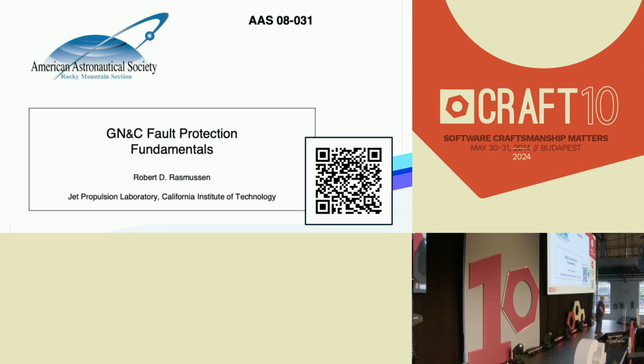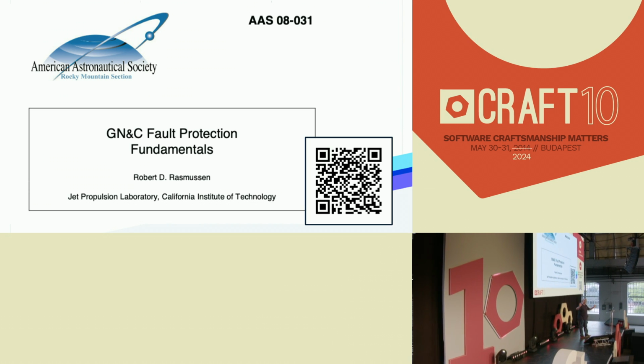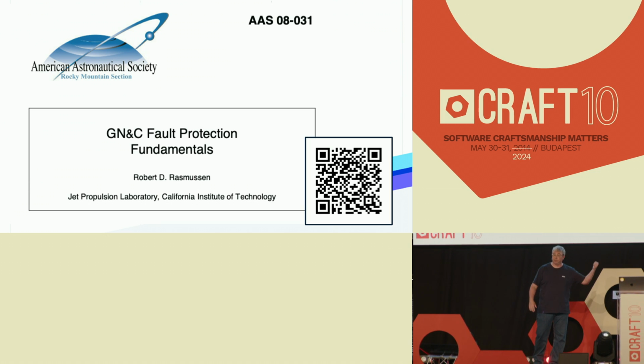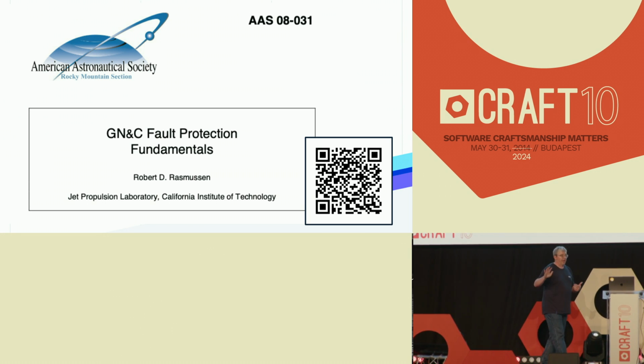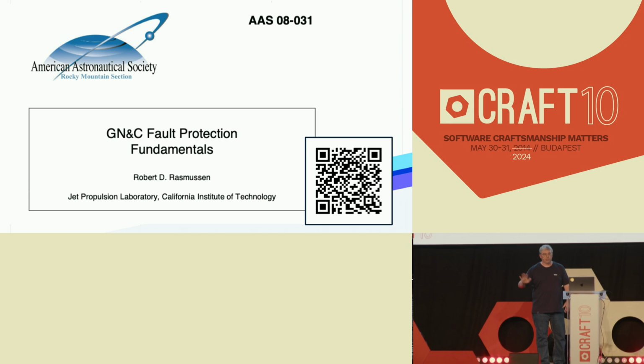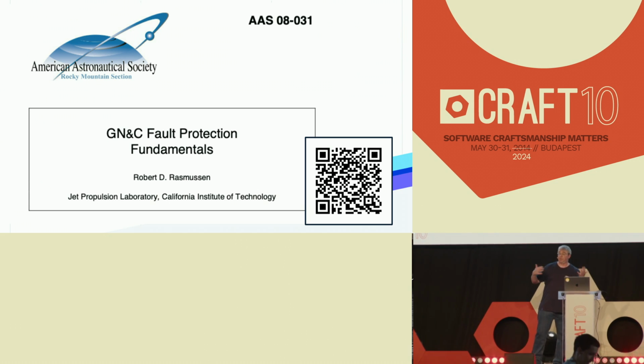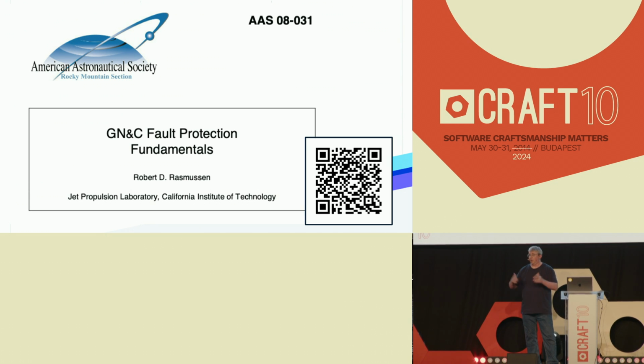GN&C here stands for guidance, navigation, and control. Right? So this is the software that actually controls spacecraft like the Voyager probes. And it's very dense with information, and that's why I love reading it, because every time I read it, and I read it every couple of years, I get something new out of it. So I'm not going to go into full detail, but what I want to do is talk about 4 main principles that are presented in this paper, and then relate it back to the types of software that we typically build, hopefully using some more familiar examples. Although I don't know, how many people work on deep space probes? Okay, I didn't see any hands. So, okay, good. This is definitely going to be a new perspective for folks.